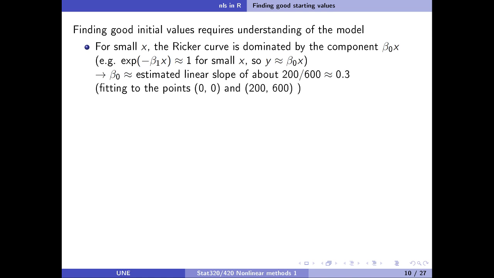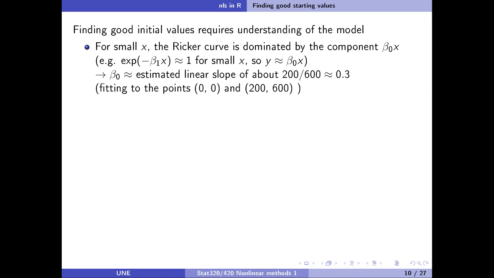Okay, so how do we find good initial values? It really requires some kind of understanding of your underlying model. So if we go back to the curve for the Ricker model, what we see is it starts off with something that's pretty linear at the beginning, and then that linearity kind of dies off as the exponential term takes over. But if we want to find initial values, what we can do is around the smaller values of x